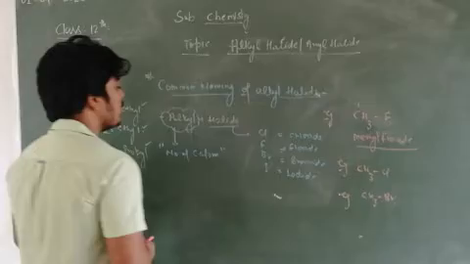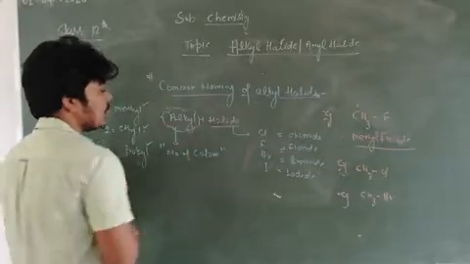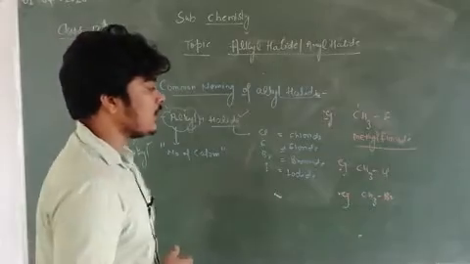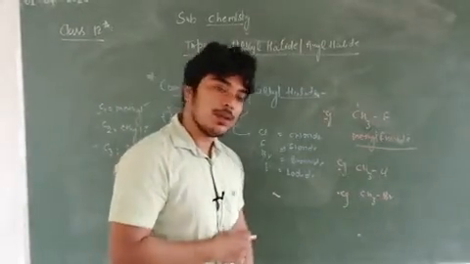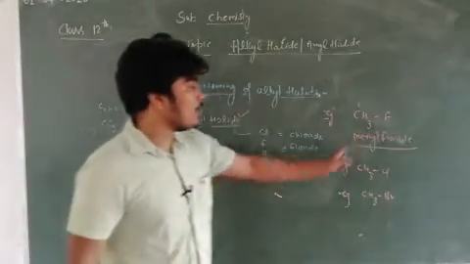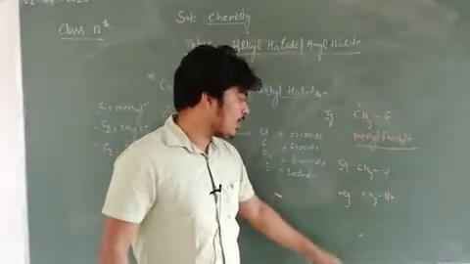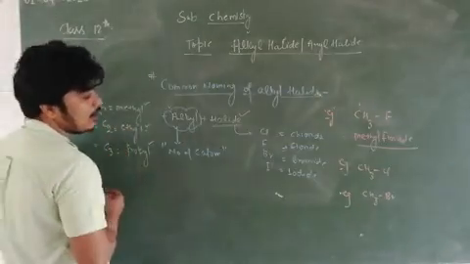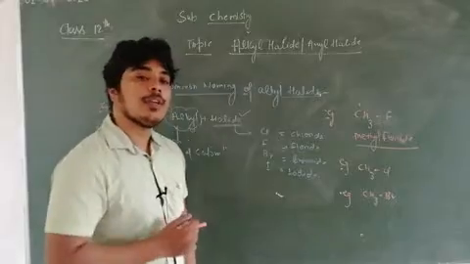So you have to remember the naming. First you will place the alkyl and then the type of halide. This will be the criteria for common naming. Let's suppose there is only one carbon, like methyl fluoride, methyl chloride, methyl bromide. But moving further, if I increase the number of carbon atoms,